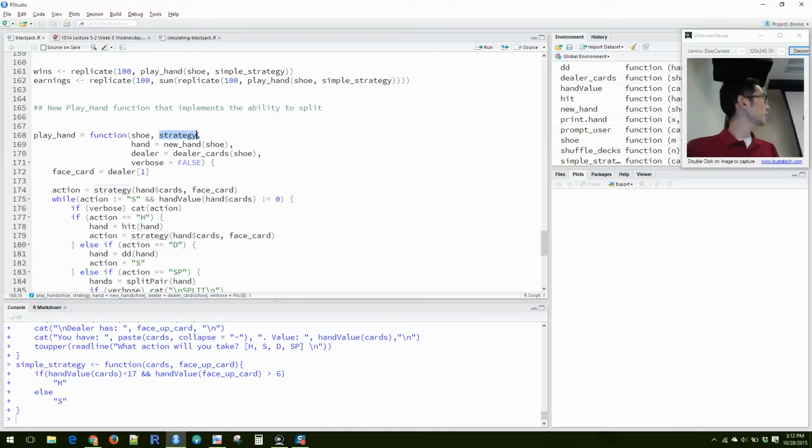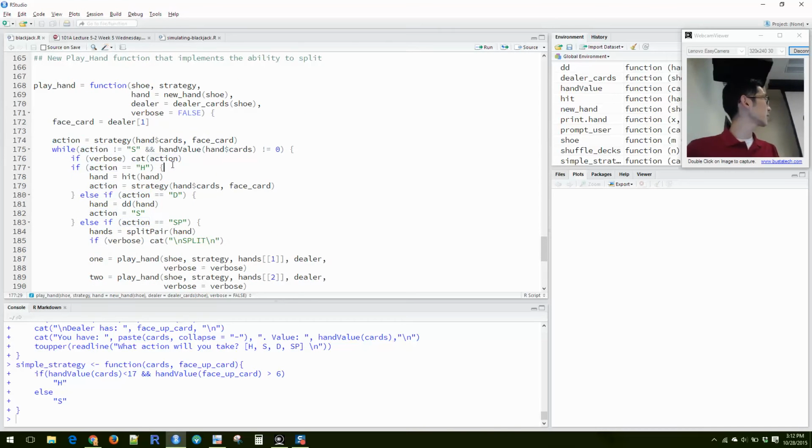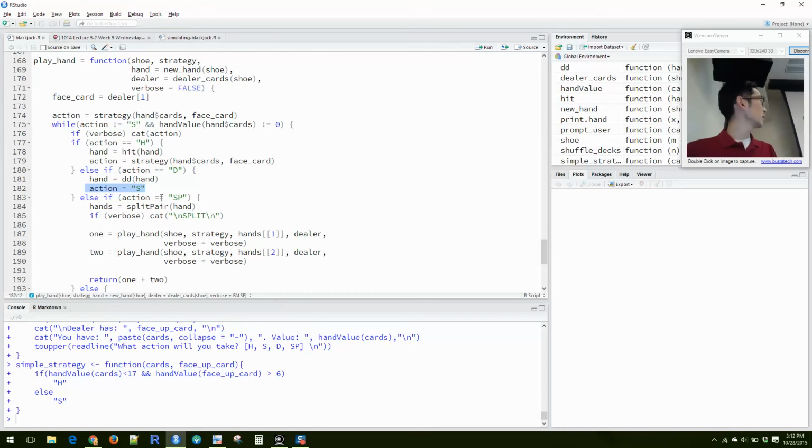we're feeding this a function, okay? The function takes these two arguments and returns what action to take. If it says hit, then hit the hand and ask for an action again. If it says double down, then double down the hand and stand. And if it says